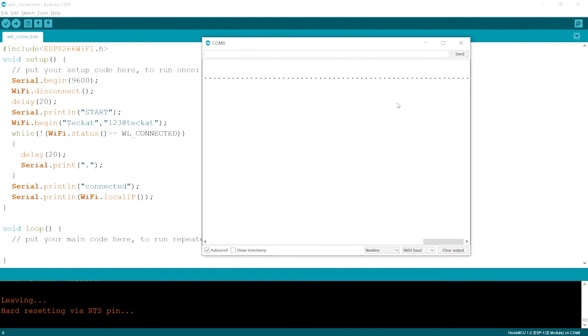Once you press that reset button, everything will be restarted and you will find the dots over here, and after some time you will find your IP address. You will see now you got the IP address. So this is the method. If you don't find anything on the screen, you just press the reset button, and then you just move on. Once again you will find the data flowing in your serial monitor. So you will find the local IP address over here.